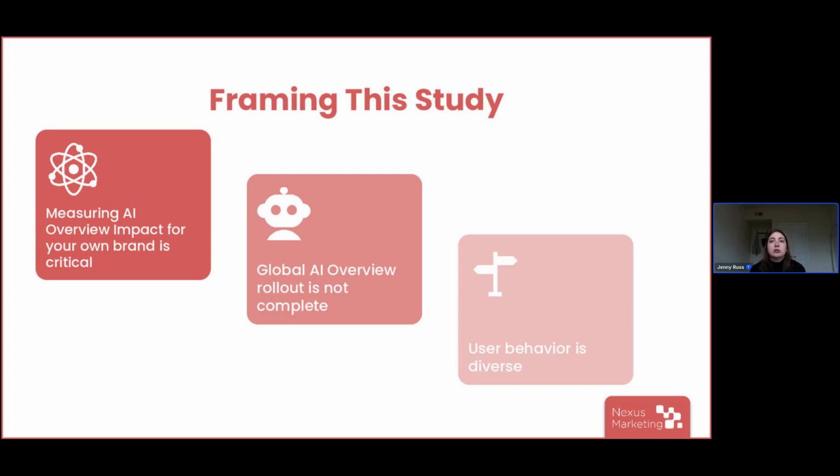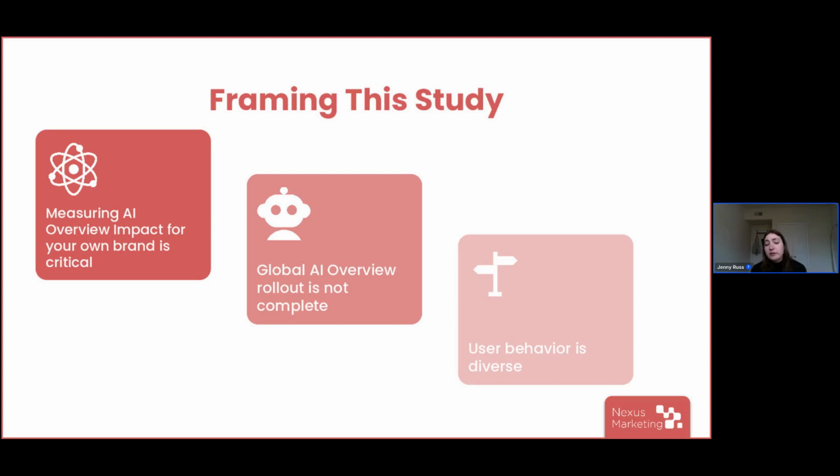This study certainly uses enough keywords to pull out some really useful overall trends, but you are always going to find better, more accurate, more valuable insights by doing your own research that is tailored to your industry and your